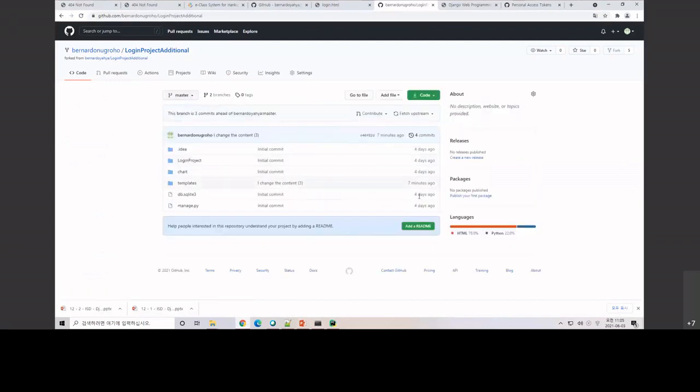Okay, so here you can see when the changes were made, like this one in the template, it was 7 minutes ago. Some of the projects were 4 days ago. Okay, and that's right. So if you want to understand all those things, like this one, fetch upstream, it means you want to merge with the fork. Okay. And if you want to contribute, yeah, it means you will